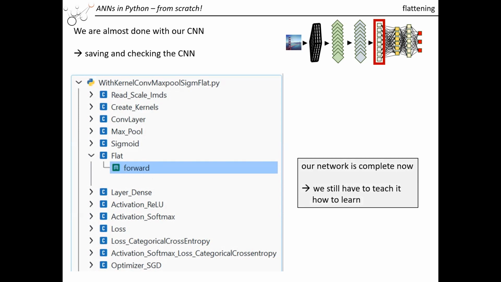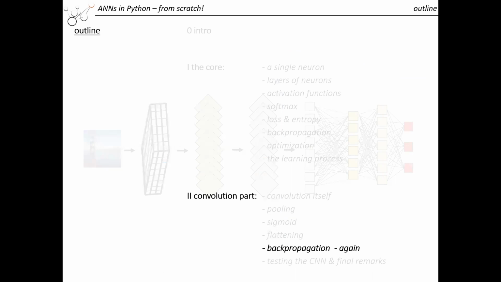And now we have all the ingredients we need for our CNN. So we have the convolution layer, we have a pooling layer, we have activation functions, we have the optimizer, we have flattening, and we have the dense layer. And what we now need in order to enable it to learn is the backpropagation. And that will be the biggest part of the whole lecture, because now we have to add the backpropagation for the